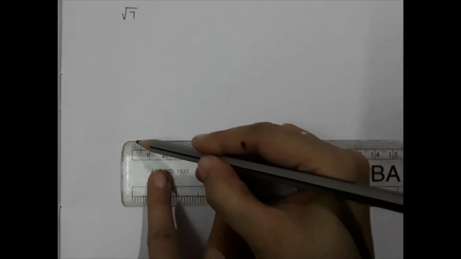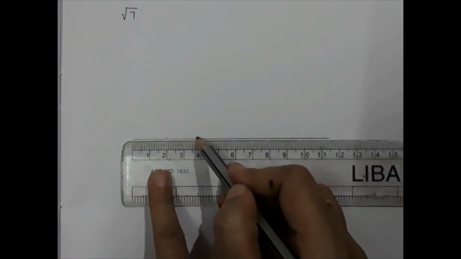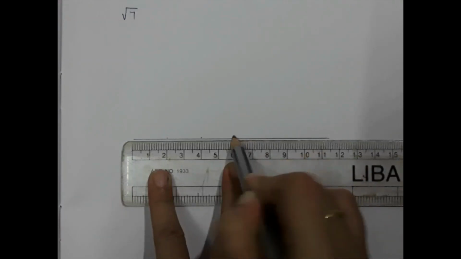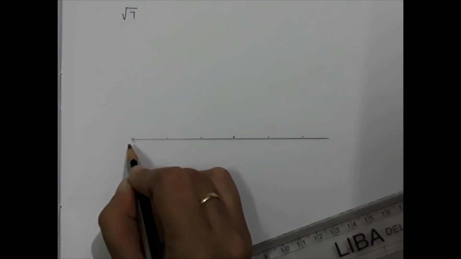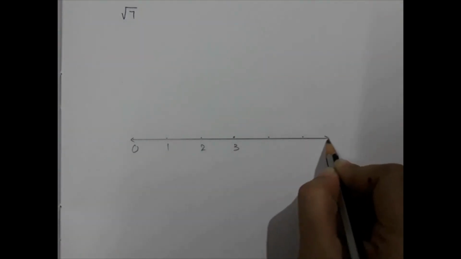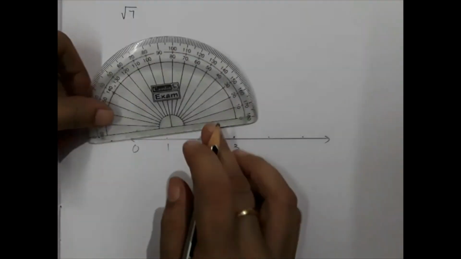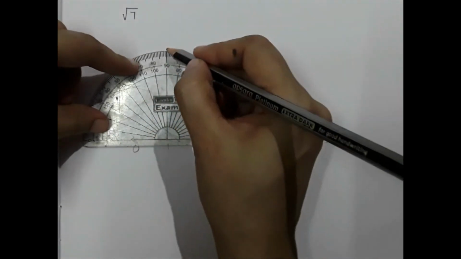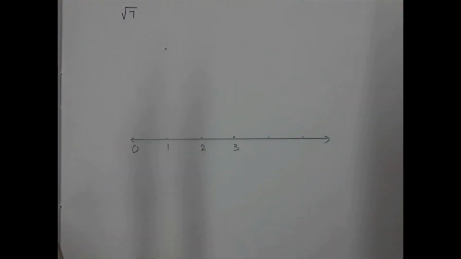So first you have to draw the number line and measure 2 units. So this is 0, 1, 2, then 3 and so on. Okay, so first basis is what? Root 2. So we want to construct root 2 first. That is, from 1 you have to take 90 degree. Okay, you have to take 90 degree and then join